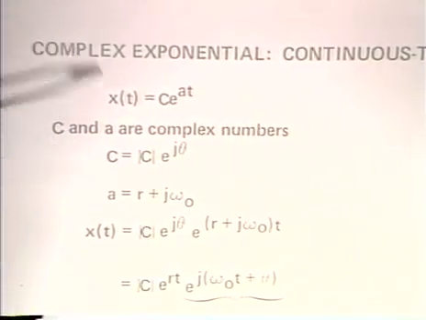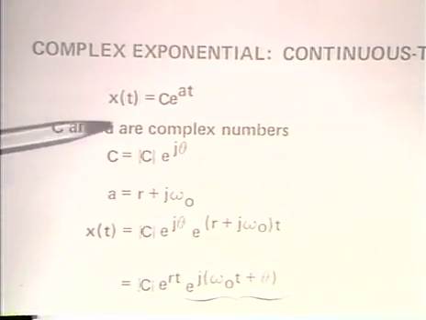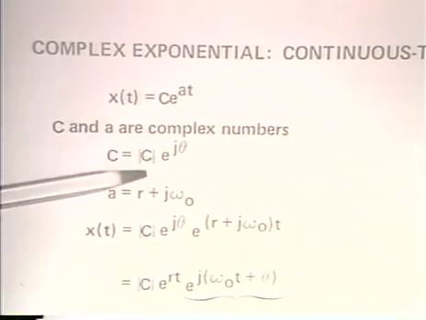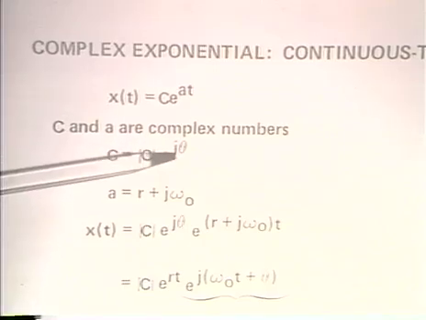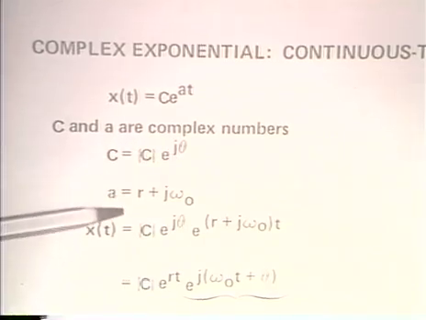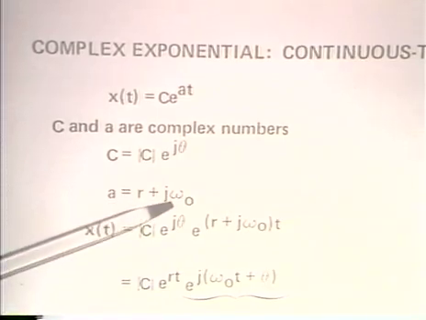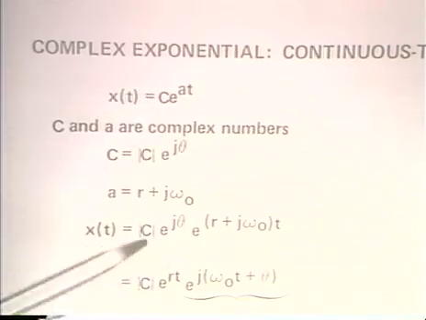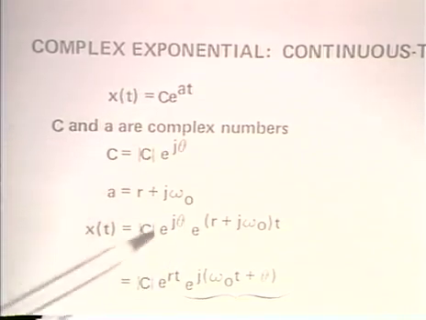And let's just track this through algebraically. If c and a are complex numbers, let's write c in polar form, so it has a magnitude and an angle. Let's write a in rectangular form, so it has a real part and an imaginary part. And when we substitute these two in here, combine some things together,